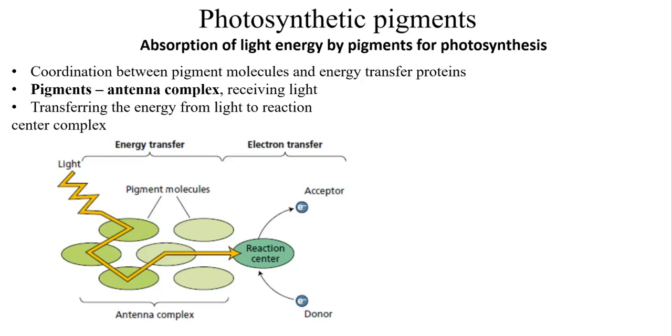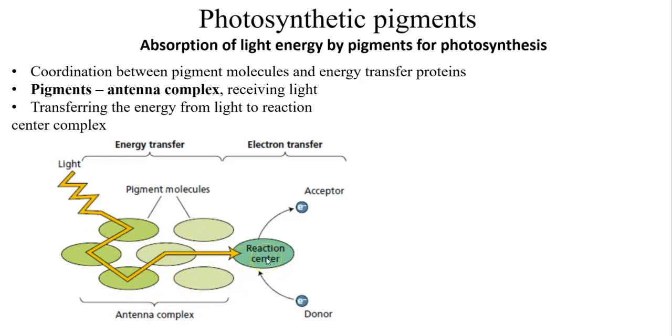So that's why it is also known as antenna complex or antenna pigments. So you can see some pigment molecules here. It can be chlorophylls, it can be carotenoids or anything. Light is absorbed by the photosynthetic pigments and it is then transferred to the